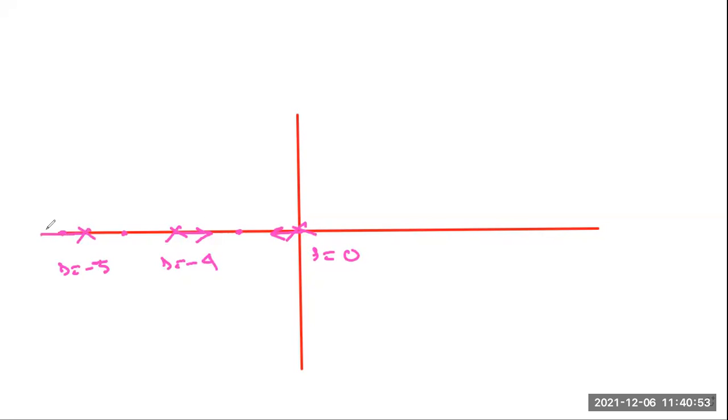So the root locus will originate from the pole at -5 and move in this direction. Now why is it not the other direction? Because no root locus lies in that section. That's why the root locus direction will be this way. Is it clear? Any doubt? Yes. Okay.